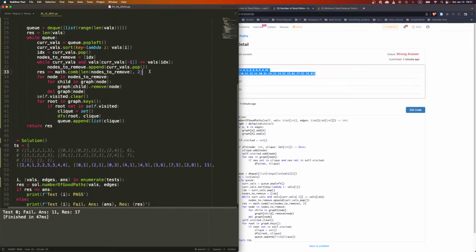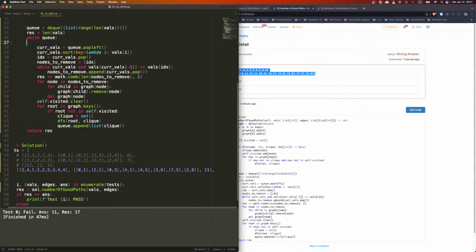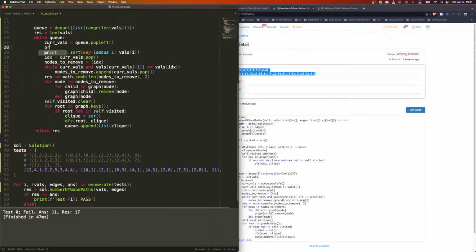Yeah, let's print out the current values every single time. Okay, let's print that out. Kind of see if it's right. So we print current vals. Oh, what the hell? This one repeated so many times. 0 and 3. Wait, what? That doesn't seem right. Okay, that's the first, right? It's the second. We remove 5 and 7. Okay, this is 7. So among this,